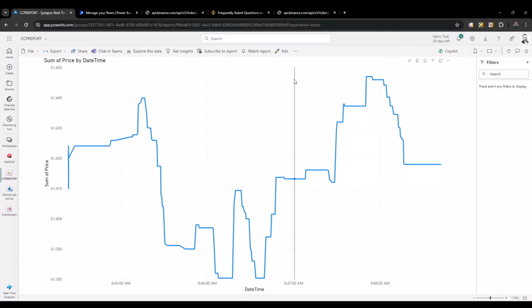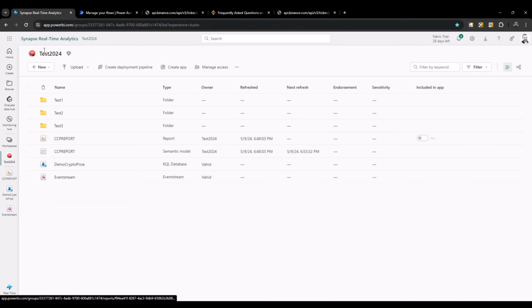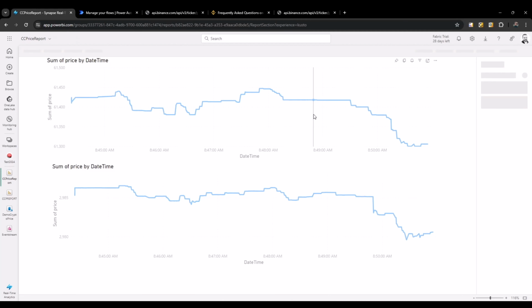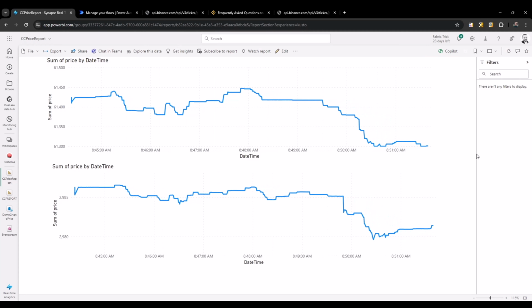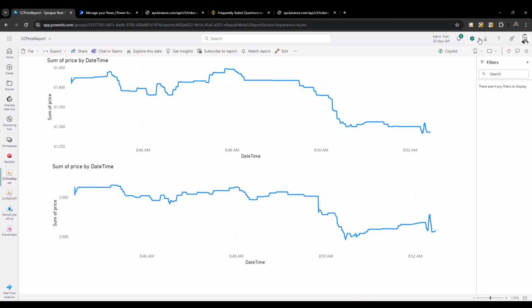Okay, that's done. Close this one, back to the workspace, refresh it, and it's here. If I open that one, that is connected directly to the database, and I can use this tool, Power BI visual auto refresh, to refresh that every, for example, 10 seconds. Click on start. Every 10 seconds, that will refresh the visuals for me and show the new data here. So at the moment, it's refreshed now. So you don't need to hit refresh every second or every 10 minutes. It's every 10 seconds. You can find this extension in the Google Chrome market and Microsoft Edge and even Firefox, and